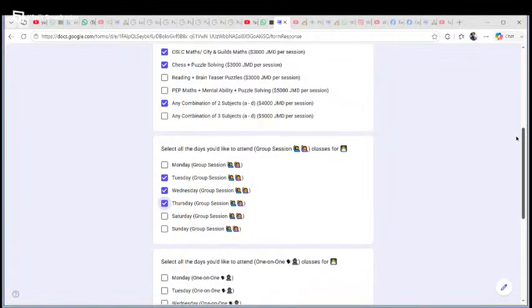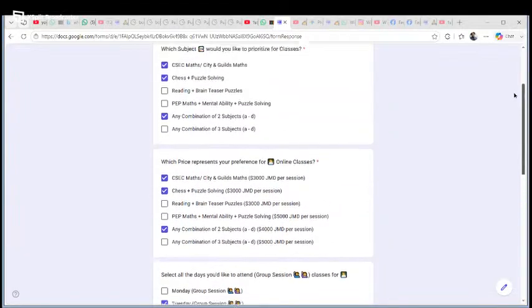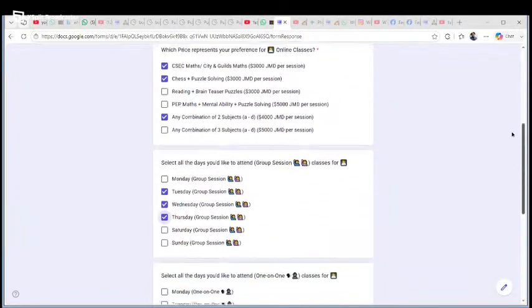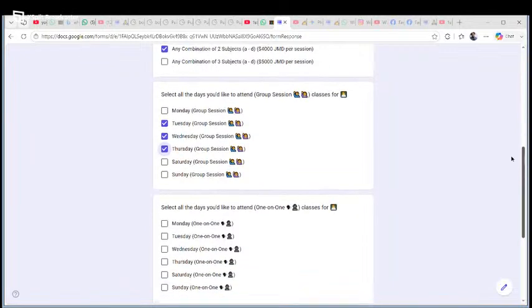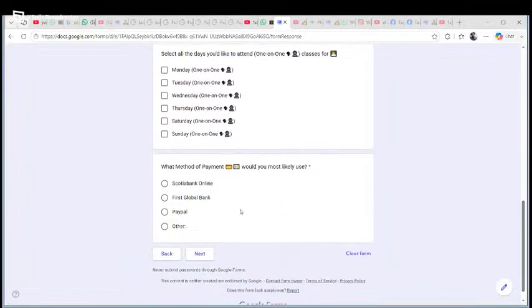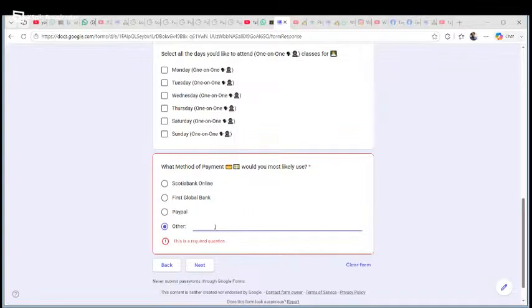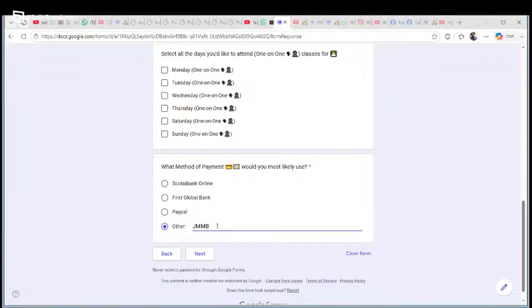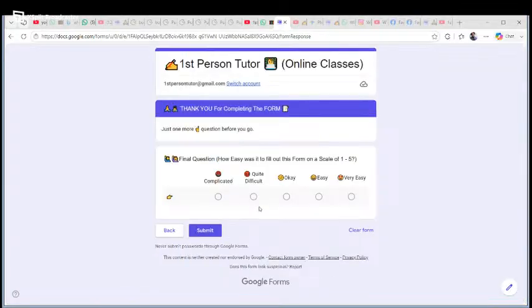So therefore, when you combine these selections with the number of days, it gives you what the weekly cost is going to be, right? And then now the last thing is, just like how you write the name of your country and time zone, you write the name of your bank personally, and then we can figure out what the best thing is, whether you want to do. We'll discuss that over the WhatsApp conversation, right? So we'll press on next.